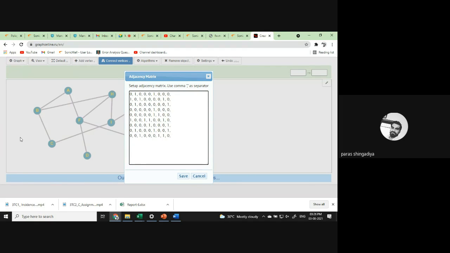And then you can verify that the degree of A is 2. And how many ones appear in the first row? That is 2 here. So how many ones here? 2. Degree of B is 3. So how many ones here? That is 3 ones. Okay? That is a 9 by 9 square matrix.